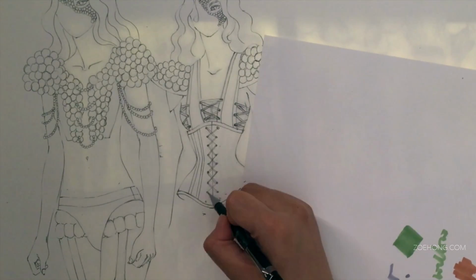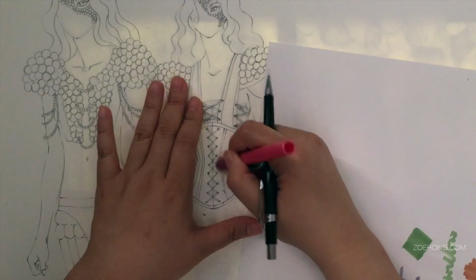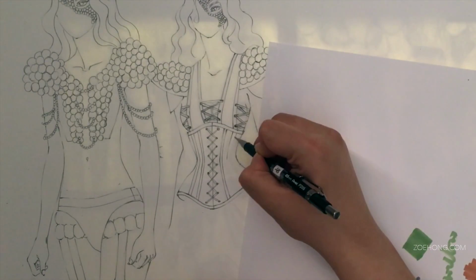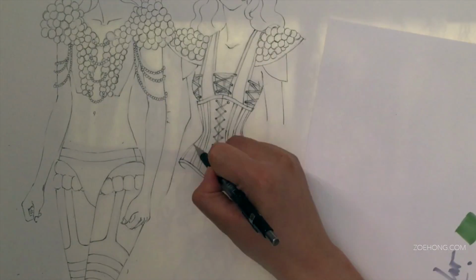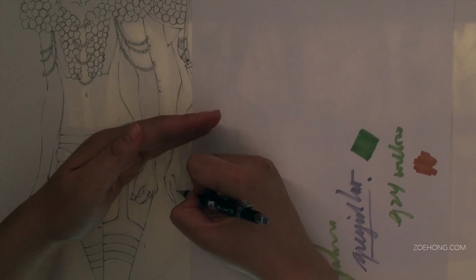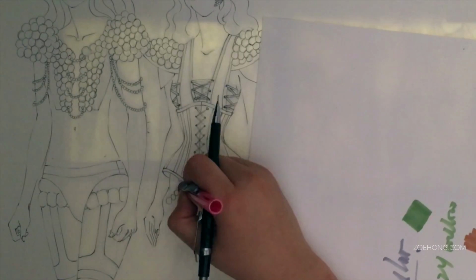Press really lightly so that you're not marking grooves into your paper, and use a harder lead so that you don't have a lot of smudges and you don't have a hard time erasing what you do need to erase. I would have used a 0.3 lead, but